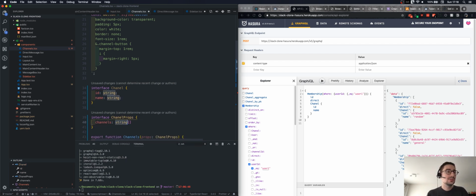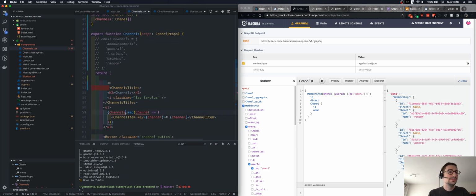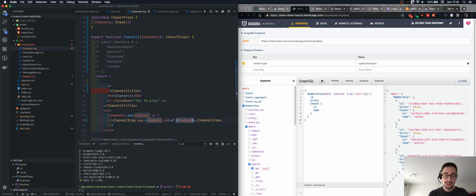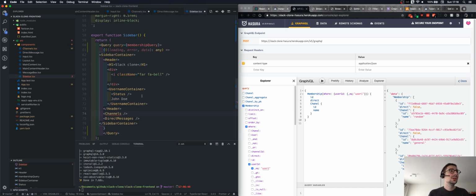So better to infer type safety. So we destructure channels. Okay, the channel item is the channel ID, and in here we put the channel name. Easy peasy. In the sidebar, we pass the channels and we do a data dot